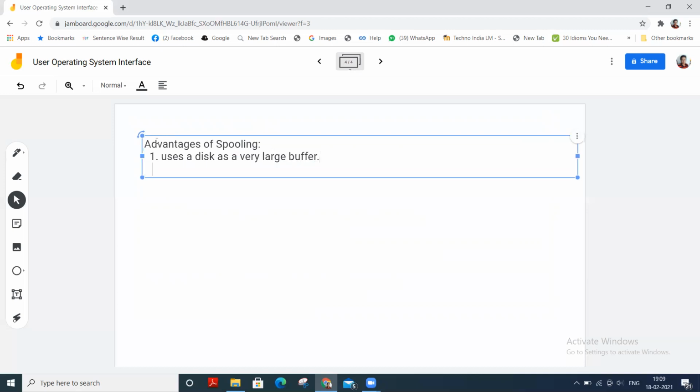The next is that spooling is capable of overlapping input output operation for one job with processor operations for another job.